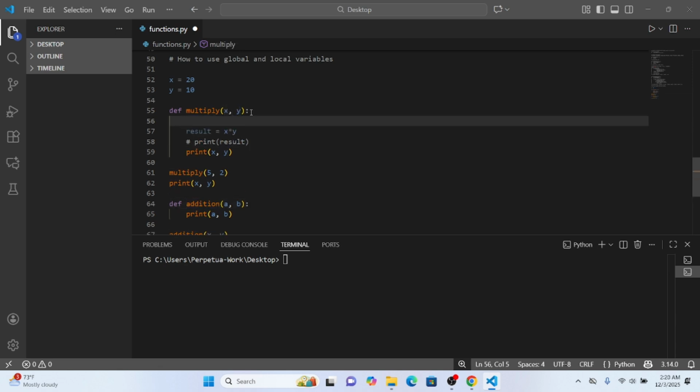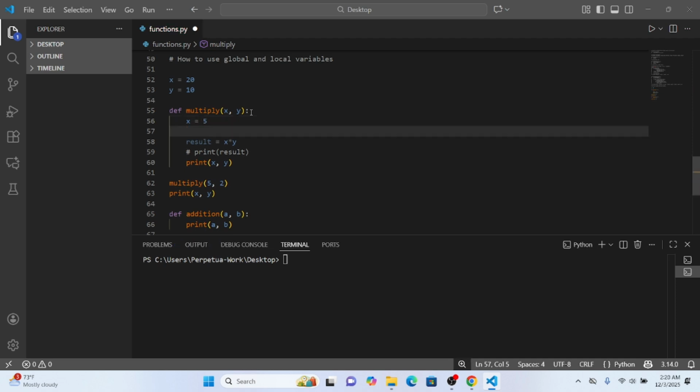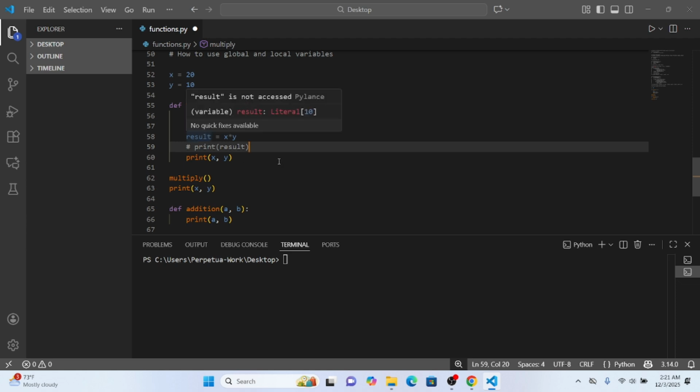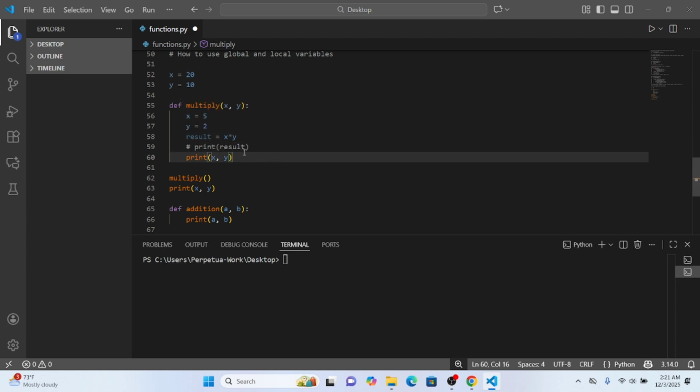So maybe I say that x equals 5 and y equals 2, and I call this function multiply without passing in anything. Well, Python is going to simply multiply the value of x and y from within. So this x and y inside this function will automatically overwrite the x and y that was declared outside of